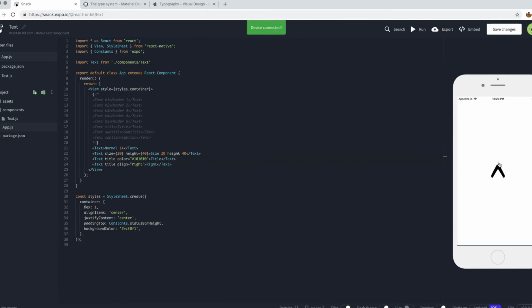Text align to right. No, it's not right. Why? Because we have this one. Yeah, but we can do it like this. Maybe this one. Yeah, we can add padding